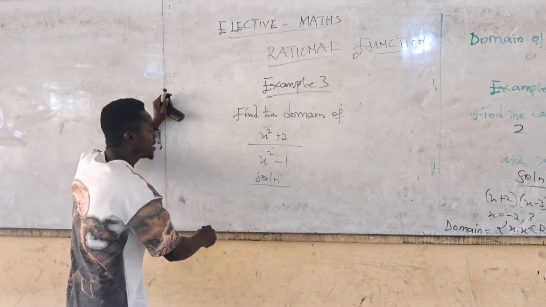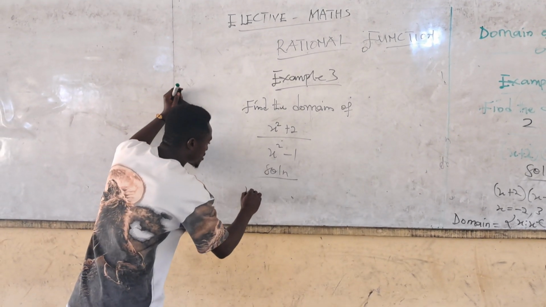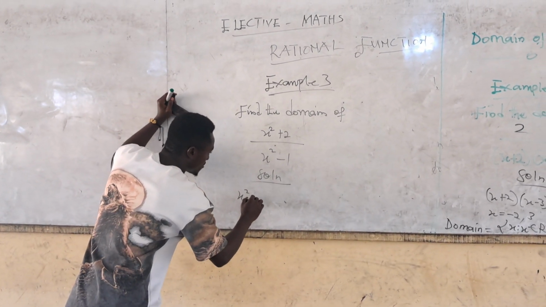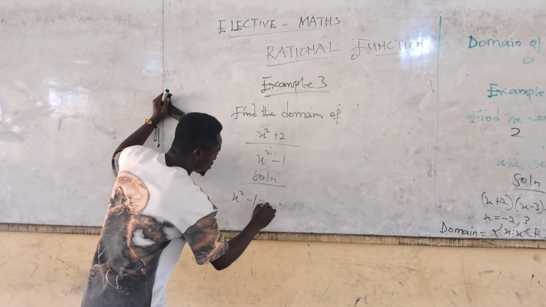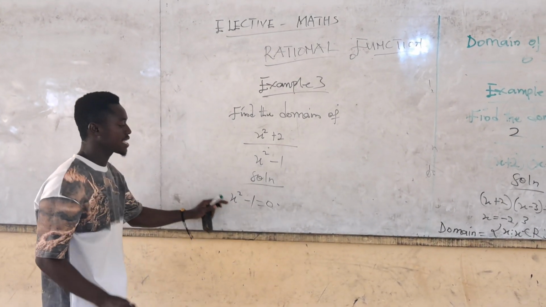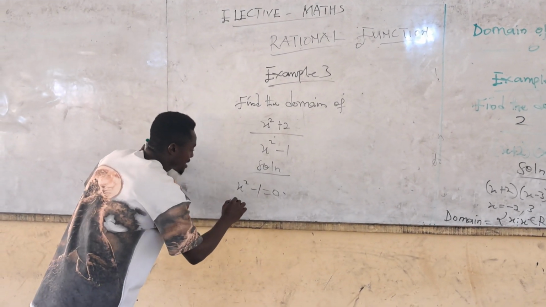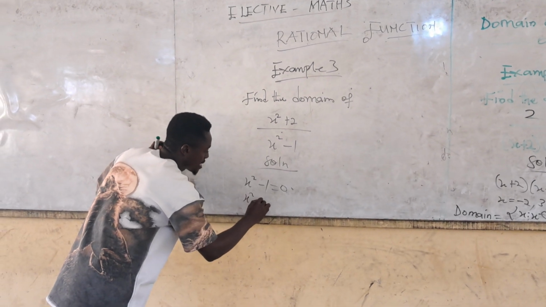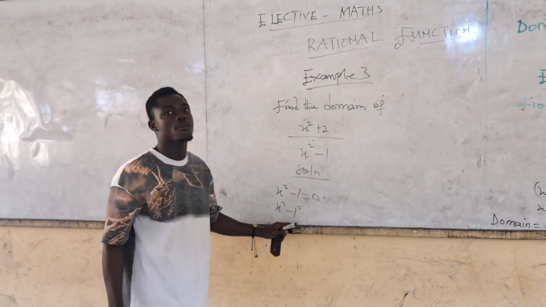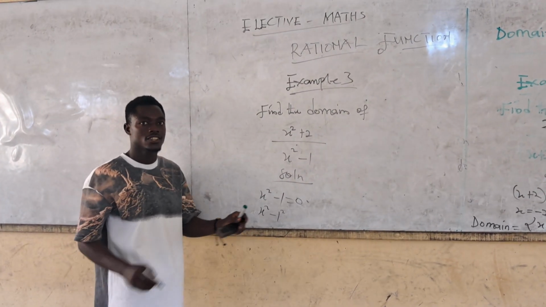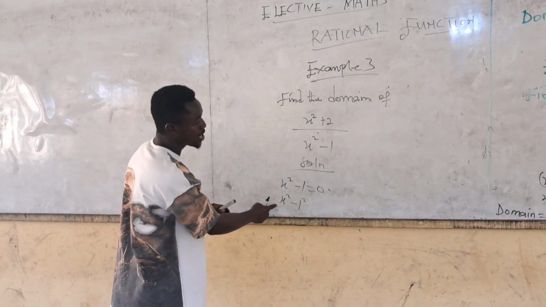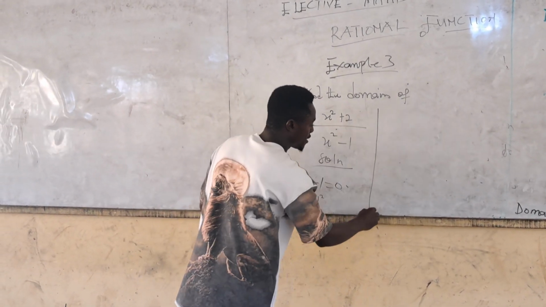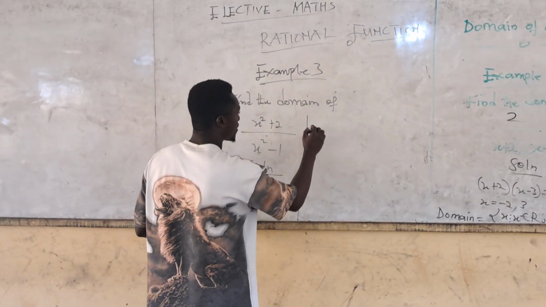So we just take the denominator and equate to 0. So we are going to have x squared minus 1 equal to 0. And this one can be rewritten as x squared minus 1 squared, because if you square 1, it still gives you 1. So this is called difference of 2 squares. We are going to have x squared